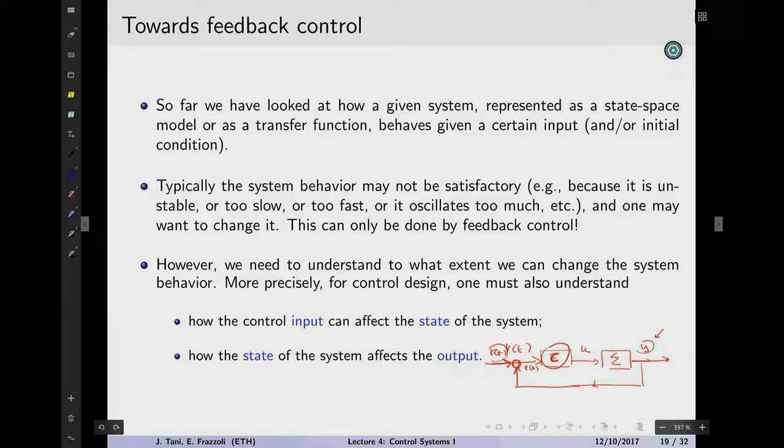So this idea of linking back, closing the loop with a negative feedback, actually has the very desirable effect to allow us to change the dynamics of the system. Actually change the eigenvalues of the A matrix, of course, of the equivalent A matrix that comes out from this closing the loop operation.